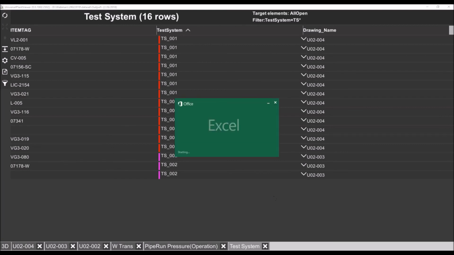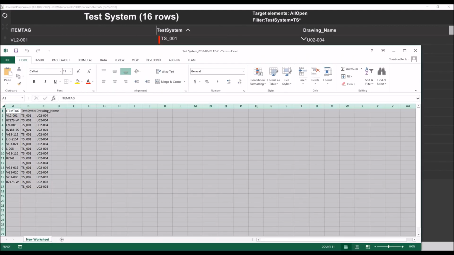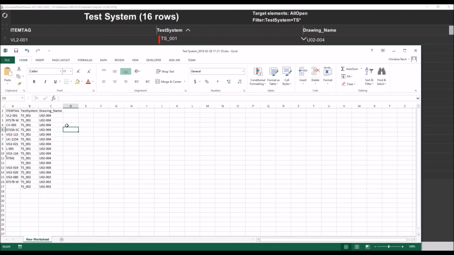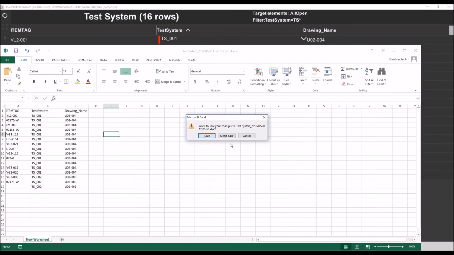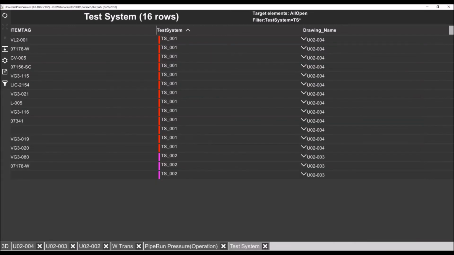And in this case, I have this Excel report with item tag, test system, drawing number. And this is something I could easily use for importing back to the P&ID database, either using Universal Reporter, which has this built-in import function, or by using other tools that are able to modify the P&ID data or the 3D data based on Excel files. Now, I want to switch back to the slide